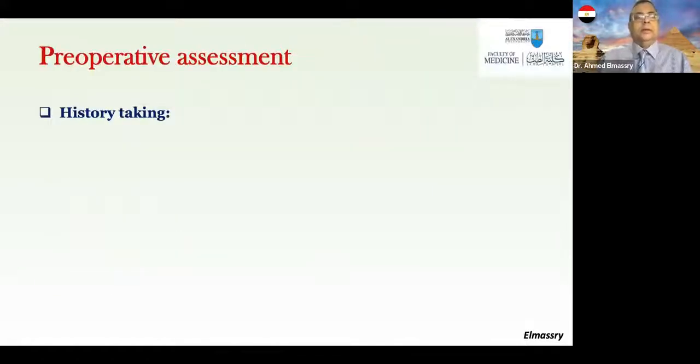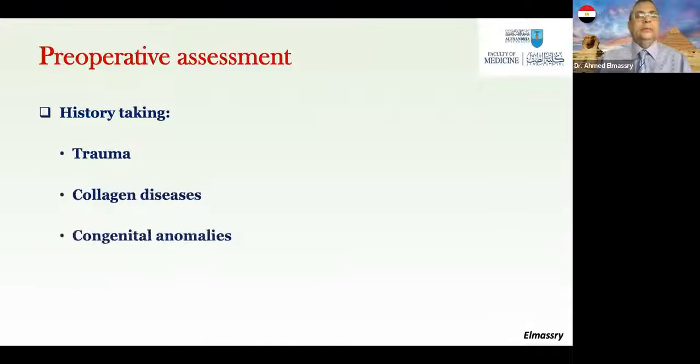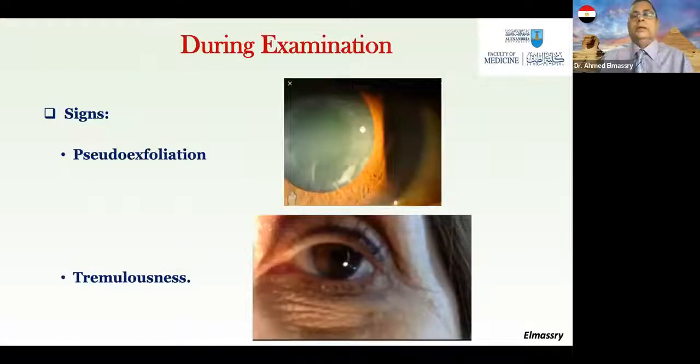Preoperative assessment is simply by history taking: if there is a history of trauma, collagen diseases, congenital anomalies, pseudoexfoliation, and glaucoma. All these are predisposing factors for zonular weakness. As you see in the right-hand picture, here there is pseudoexfoliation, and this is very common to be seen